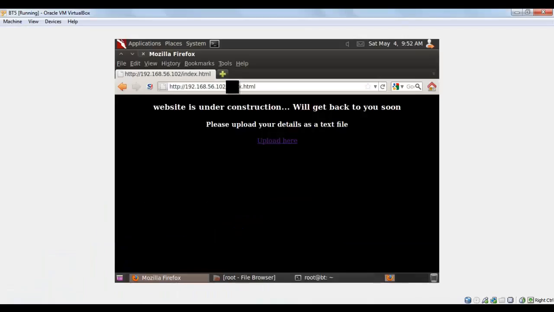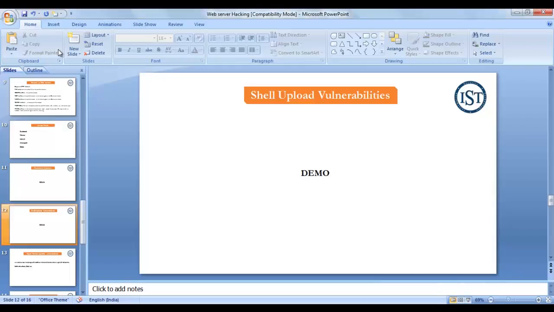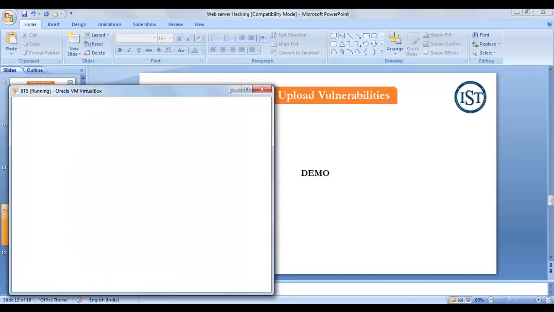Now I have opened Windows, I have opened my Backtrack instance, and I'm just browsing my remote website which is hosted on a Windows XP server. I have set up a WAMP server on the Windows XP machine, and the IP address of the Windows XP machine is 192.168.56.102, and I'm just browsing it,